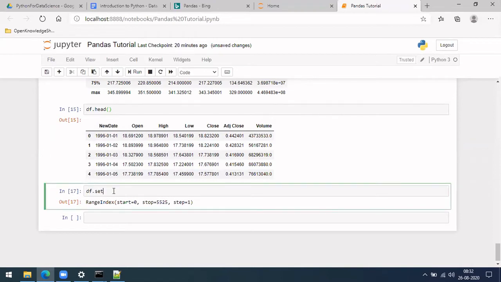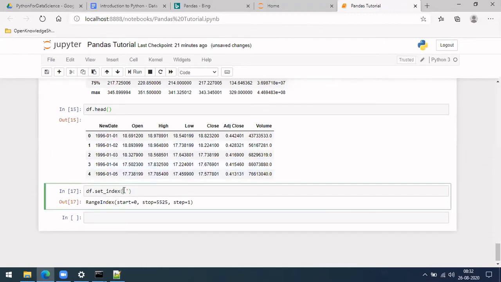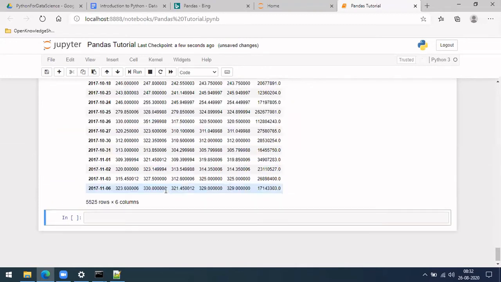So you can do that by doing set index and place this new date over there. Okay,